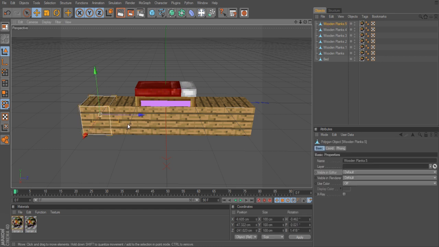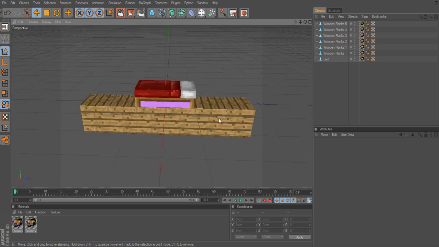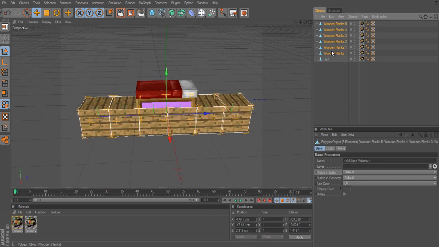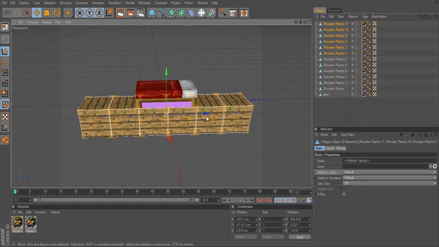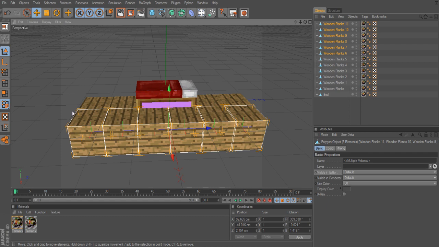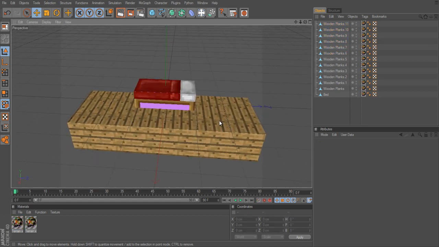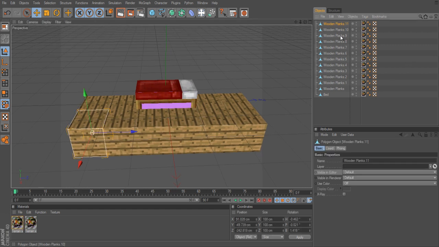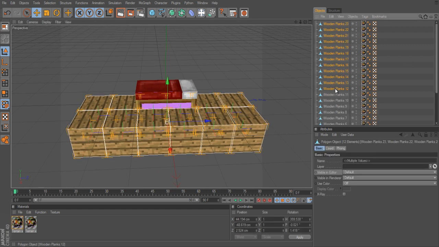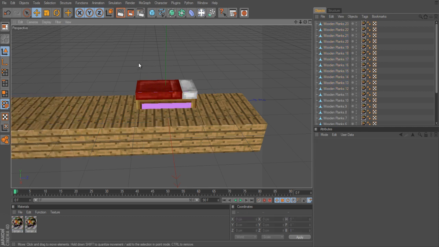Okay, so now I want to get all of these together, so I believe I can just shift, control, maybe not. We'll just do this. Select them all, Control C and V, and we're just going to push them out. And there we go. We got a pretty good wood flooring going on there. We can select all these again. C and V, and we can just make sure that when the camera sees it,